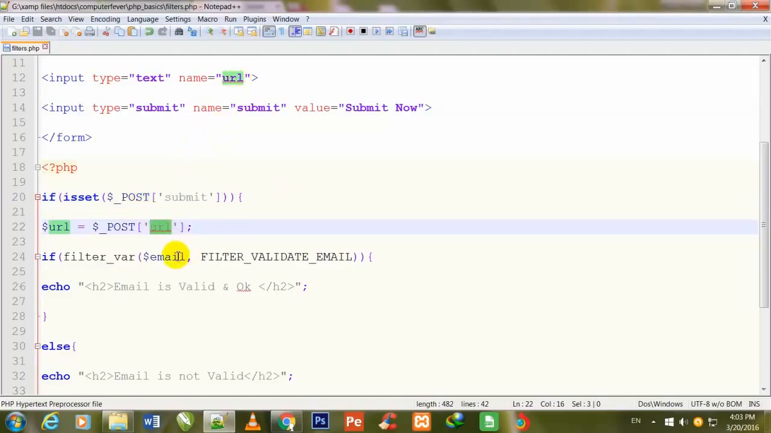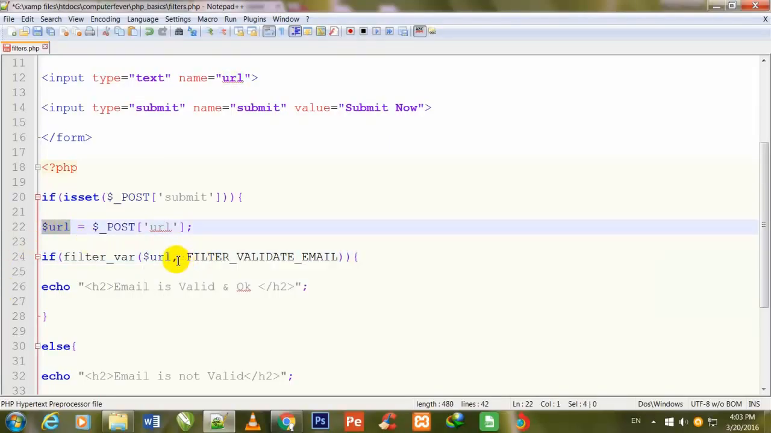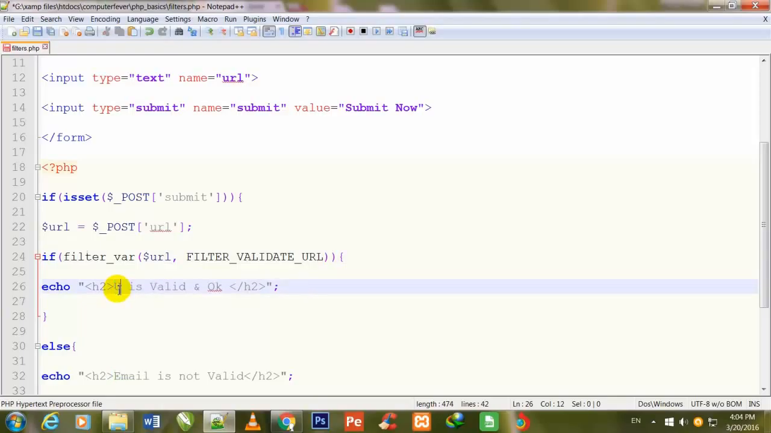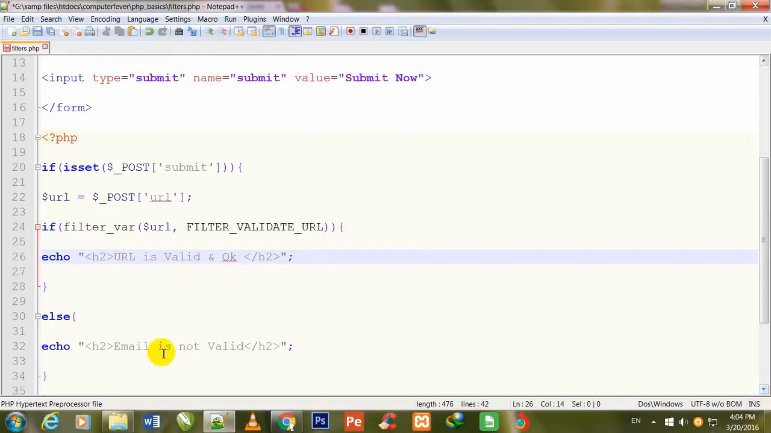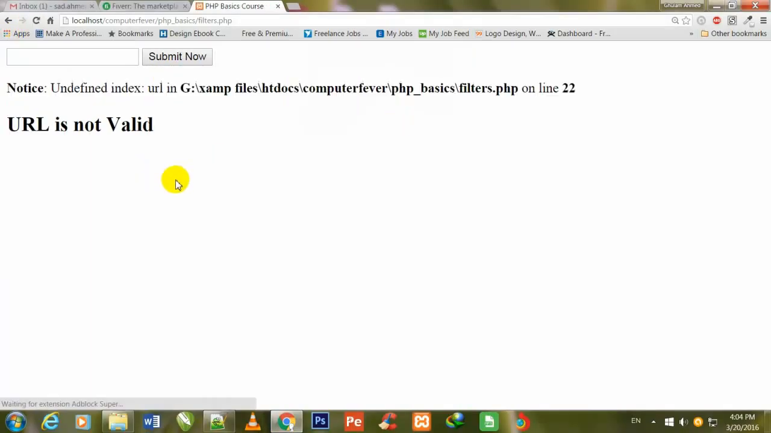Now I will tell you the second amendment. Here too I will call the $url because I have changed the variable. I mean, this is the variable. And here too, in place of email, I will write URL, and here too I will write URL. And here also I will change it to URL. Now Control S to save, and if I come here and refresh the page, you are watching that